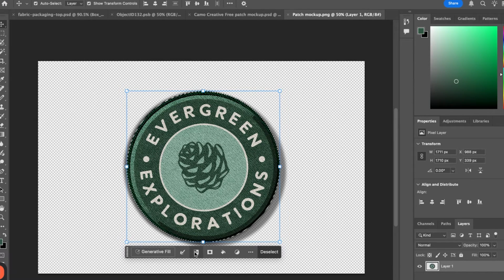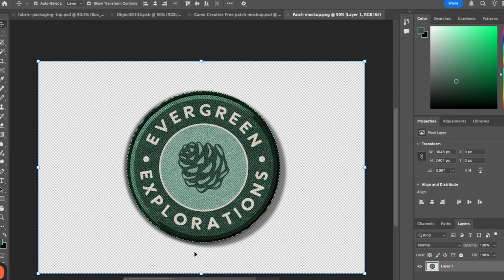But what I want to do now is invert the selection. So when we do that, now it's going to be thinking about what's all around the patch, not the patch itself. And I'm going to click on generative fill here and I'm going to ask it to create a detailed AI generated scene. So for this client, it's all about health and wellness in the wilderness. So I'm going to say something like